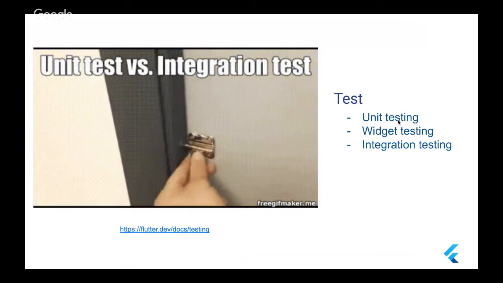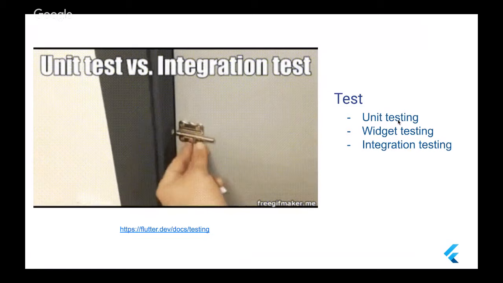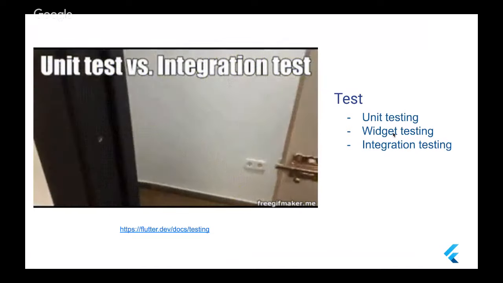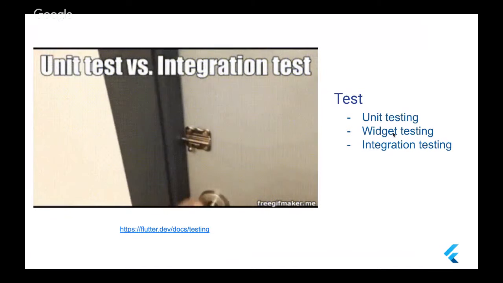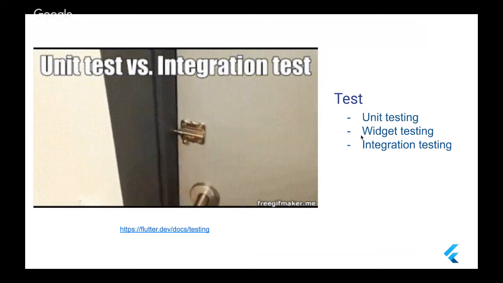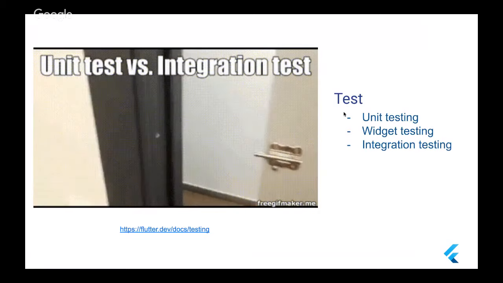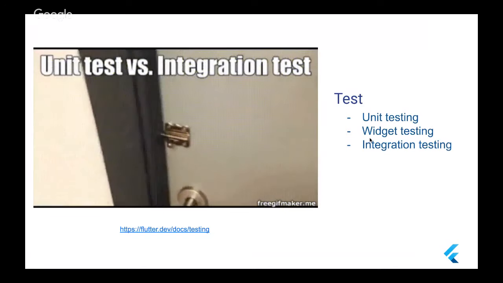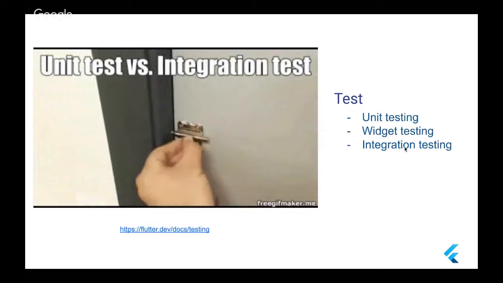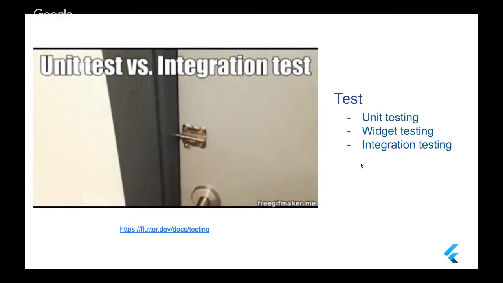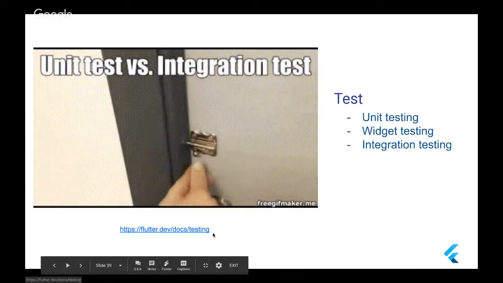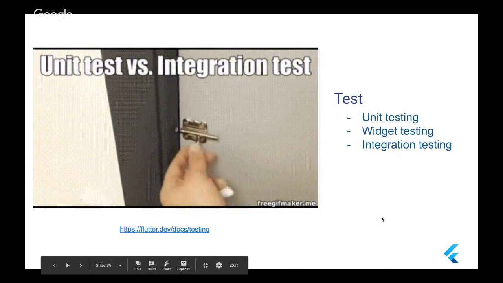Unit testing, the same testing that you know before if you are a developer, and widget testing, you can simulate the user behavior, it looks exactly like a human who is using your application, and you can write code that clicks on a specific widget or specific button and get the result from this widget. And also there is integration testing. For more information for CI or CD or integration testing, just go to this URL, flutter.dev/docs/testing